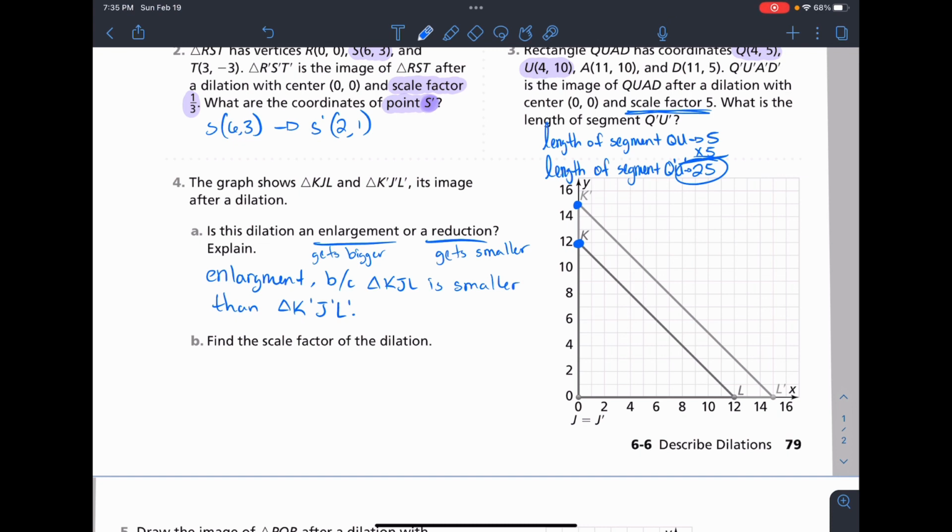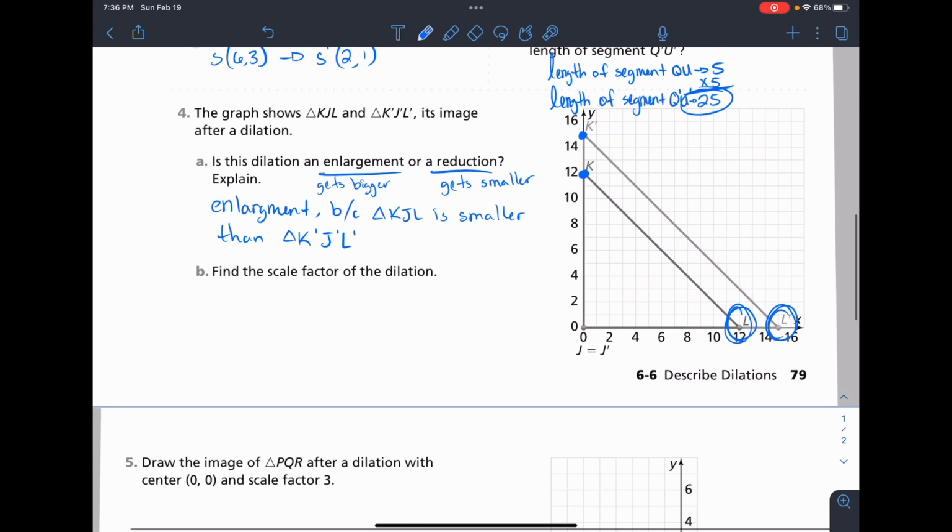All right, so all we got to do is pick a coordinate. J wouldn't make too much sense because it stays at 0, 0. What we can do is either pick K or pick L. It doesn't really matter, but we got to figure out how to go from K to K prime, or you can do L to L prime. It does not matter, but you got to pick one. So for this problem, let's just look at L, and we're going to see how we can get to L prime. And really what you could do is just divide the two numbers, the new one divided by the original,